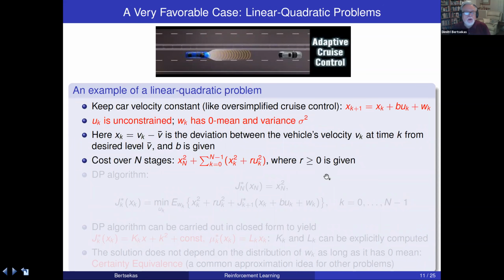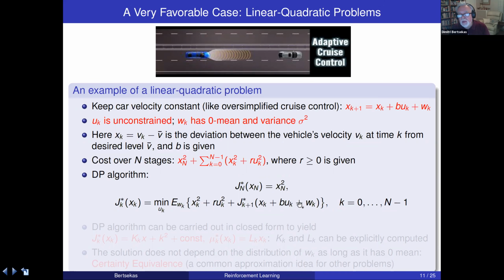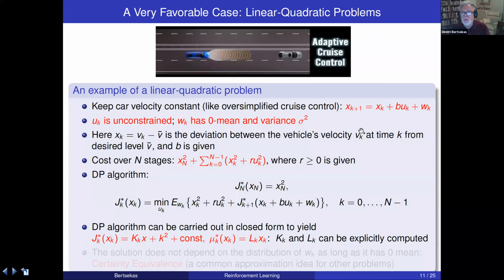Now, the dynamic programming algorithm starts from the terminal cost, xN squared. And then at time k, at state xk, we minimize the first stage cost plus the optimal cost to go from the next state. This is the next state. So this is the algorithm, and it turns out that because the system is linear and the cost function is quadratic,